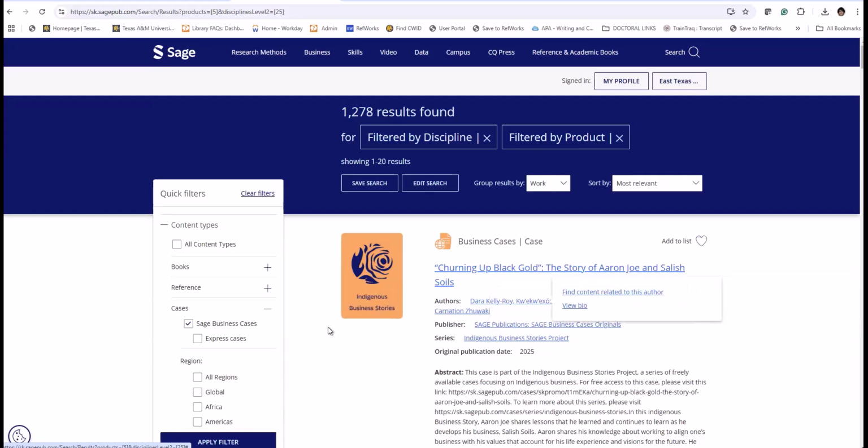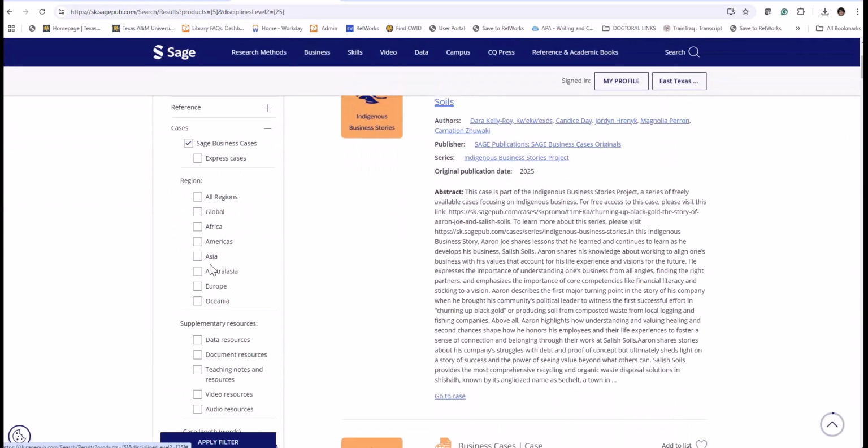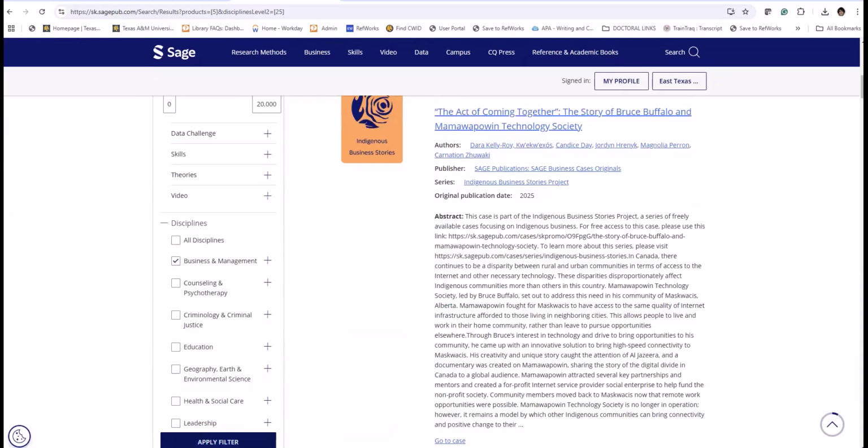Okay, so let me see what else it has. We didn't do a lot of filtering, but let's do this. For example, I want to do America. And whatever filtering we do, we need to apply. Don't forget, I want to just show you. You may want to have, for example, business management and leadership, if you'd like. You can incorporate, you can link. If not, it's okay. Just entrepreneurship, business management, and leadership, if you like. So apply filters.